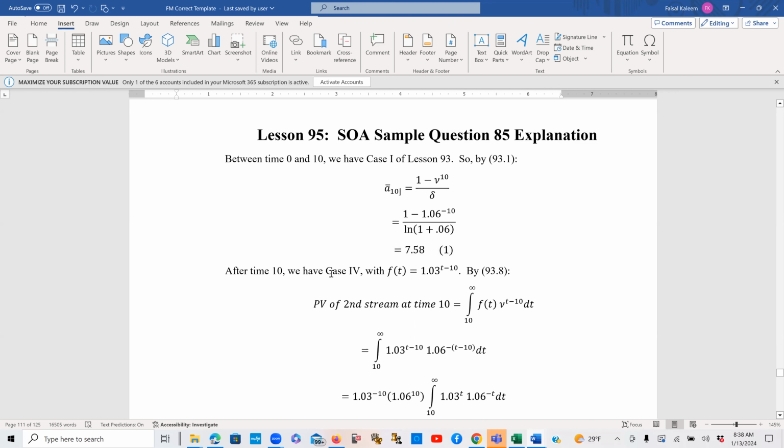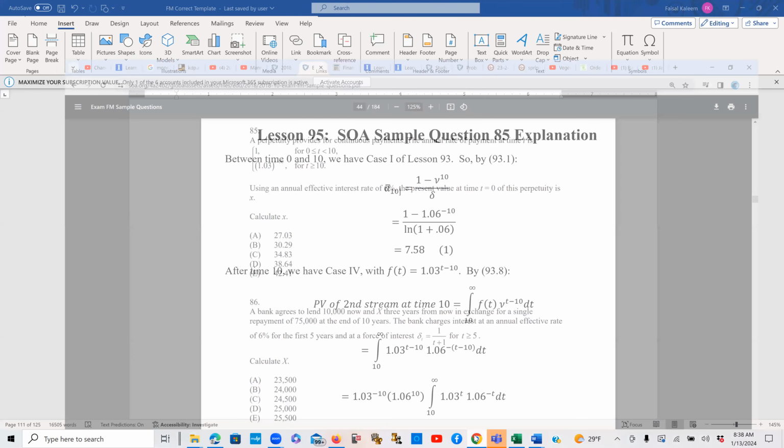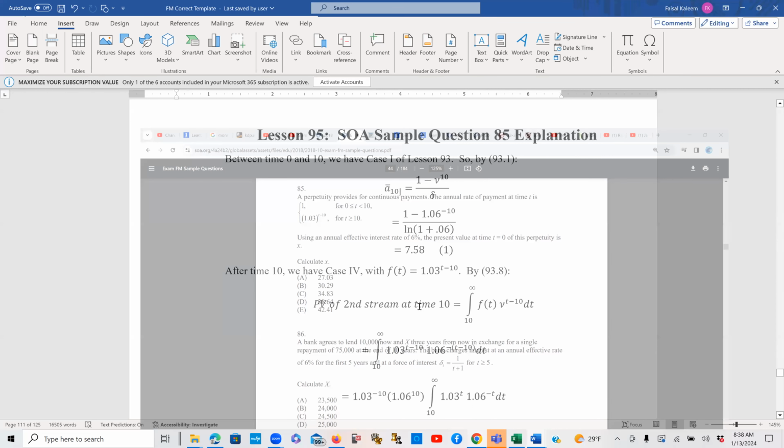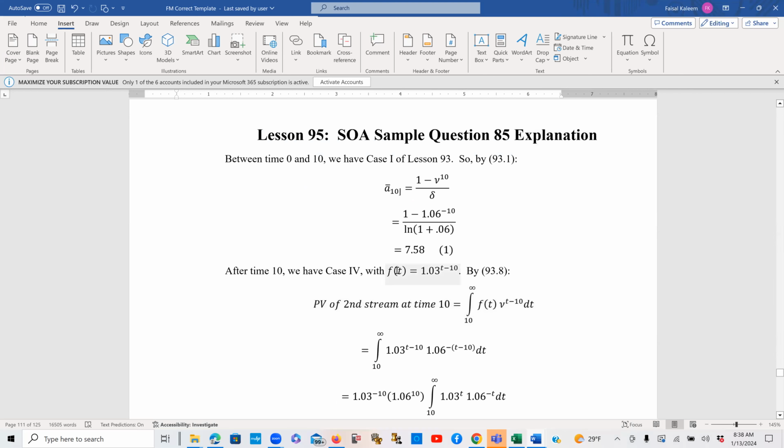After time 10, the payment rate becomes variable. So you see now the payment rate is no longer constant, but it has this t in it, which means it's a variable rate after time 10. The interest rate is still constant. So now we are into case 4, where the payment rate is variable and the interest rate is constant. So in case 4, the payment rate from the second part of the piecewise function is 1.03 power t